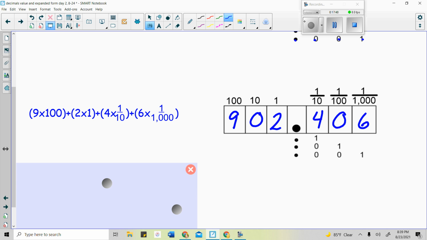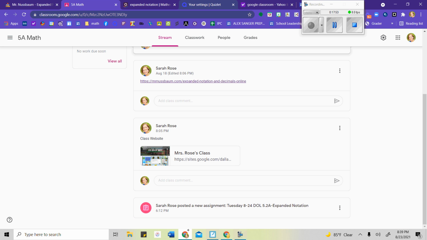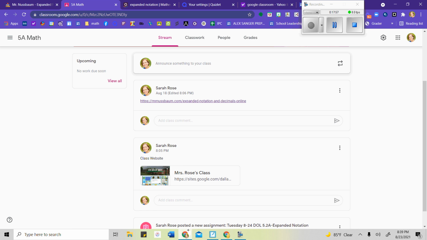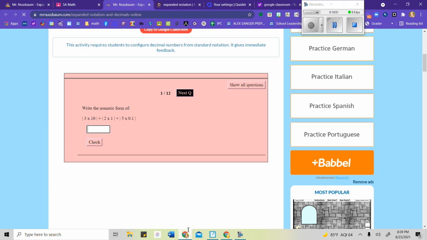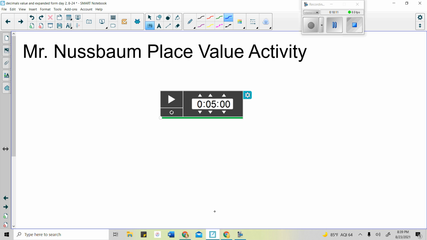Okay, so if you go to Google Classroom, you will see I've put a couple things in the stream for you. So the thing on top is a practice activity. So go in there and practice putting these from expanded notation into the standard form, and you can use that chart to help you. Now, once you've done the game, okay, and you can pause this video while you do that,